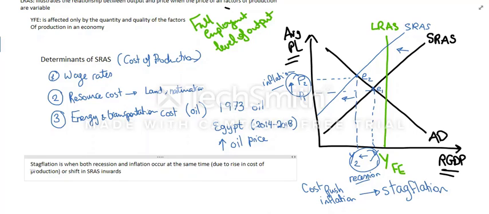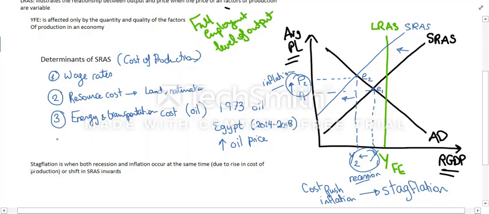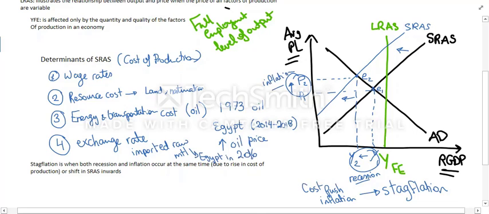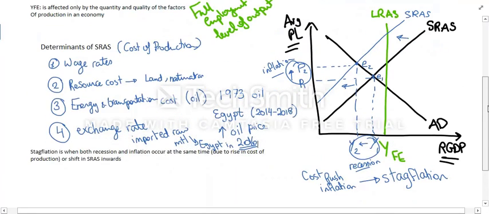Okay. And the last thing that can affect the cost of production is when the exchange rate falls, or when the currency falls, especially in countries that rely on imports, especially on imported raw material. So when the imported raw material prices rise, this also affects cost of production. And this also happened in Egypt when the pound was devalued. When was it devalued? 2016. Very important date for anyone who is thinking of Egyptian economics. And these are mainly the determinants of the shift in short-run aggregate supply.